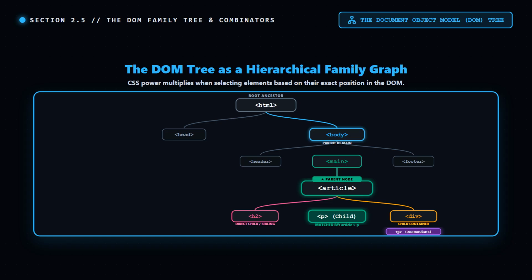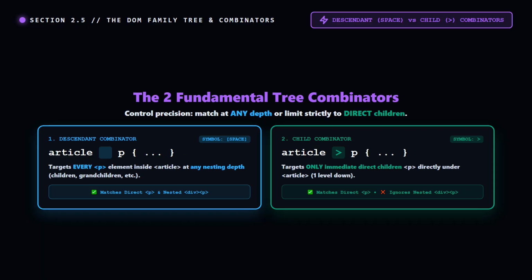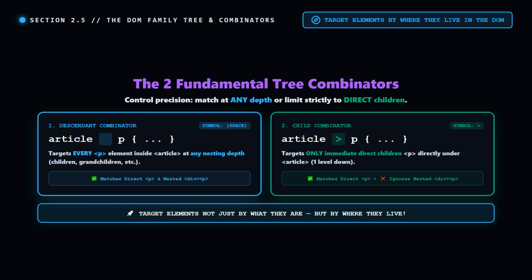But the real power of CSS comes from selecting elements based on their position in the DOM tree. This tree is a family. Elements have parents, children, siblings, ancestors, and descendants. CSS gives you combinators, symbols that let you express these relationships. The two most fundamental are the descendant combinator, which is simply a space between selectors, and the child combinator, which is the greater than sign. In this section, we'll master both so you can target elements not just by what they are, but by where